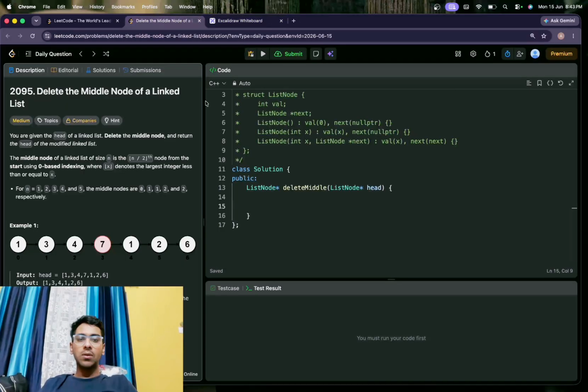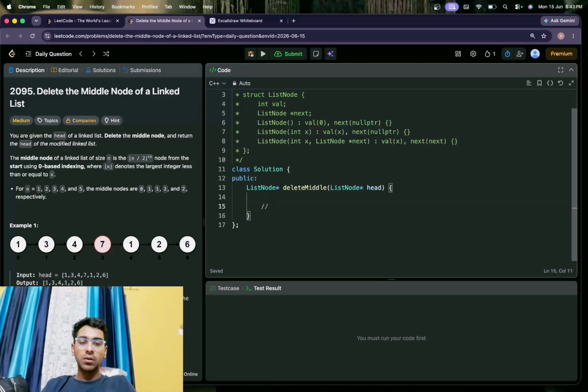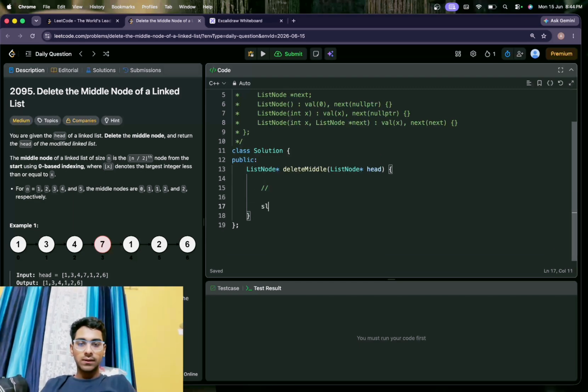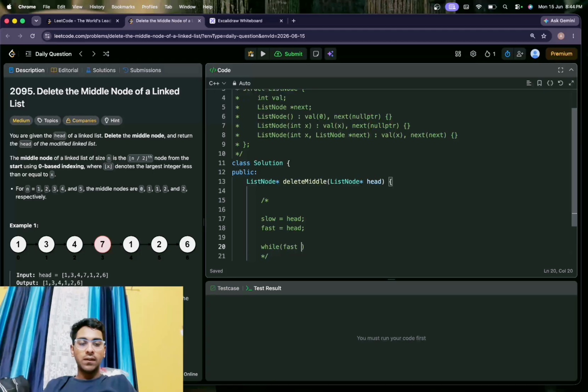In my code, I have figured out an idea for how we will go to this node. For going to the middle node, I'll write the code for finding the middle of a linked list. We'll first of all create a slow pointer. This is all commented out, so I'll make a multi-line comment here. I'll initialize slow with head and fast with head, and I'll make a loop while fast is not equal to null and next of fast is also not equal to null.